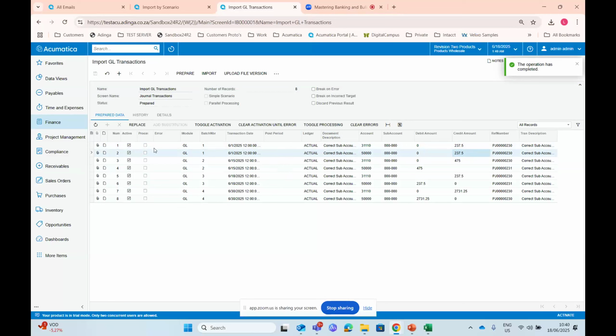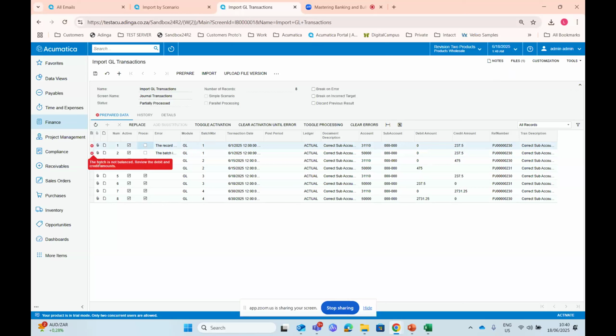I don't know, there's a mistake there. So I'm just going to click on import. Okay, so now you see there are two records that did not import and the rest did import. If I read the error, it will tell me exactly what the problem is. It will tell me my batch is out of balance and there's a debit and credit.